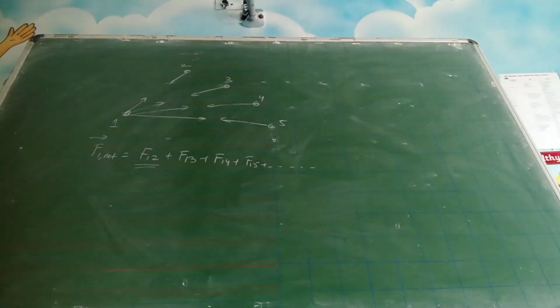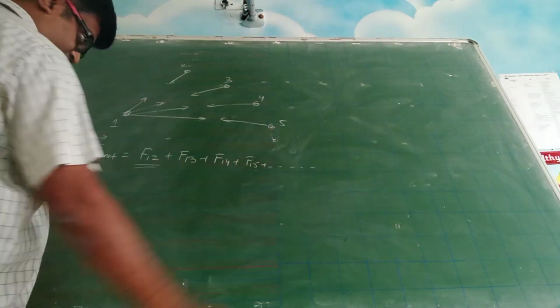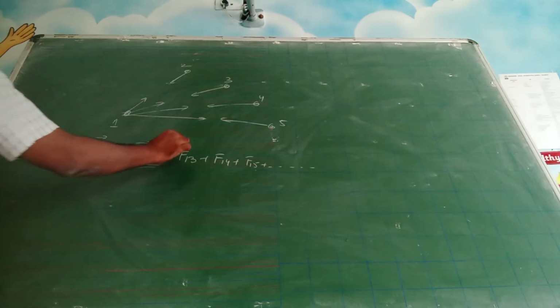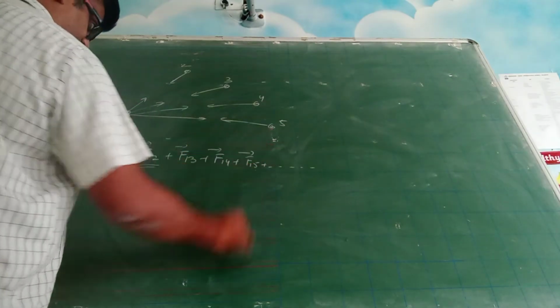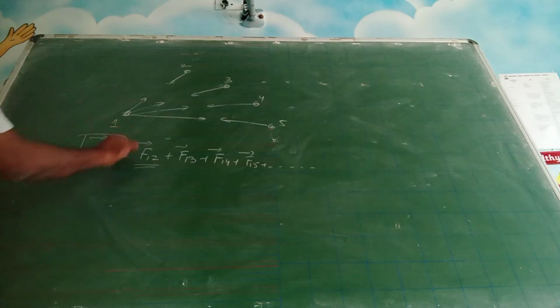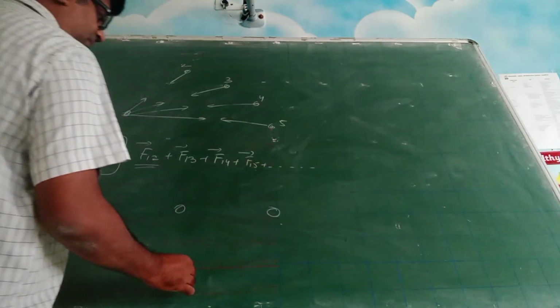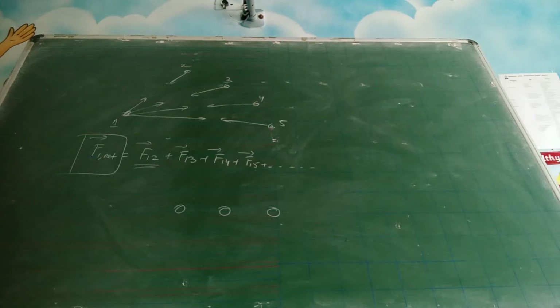Alright. So you can individually calculate and add them. You can do the vector addition, and you get the net effect. So this is also a concept. Make a note of that. And here, as I told you yesterday also, there can be one mass here, one mass here, and a mass in the middle. But even then, this concept is valid.